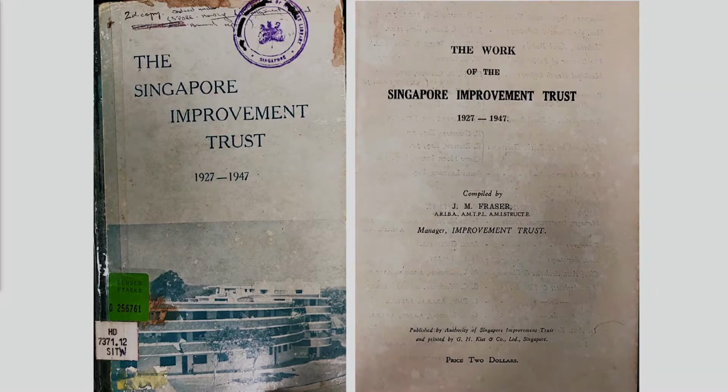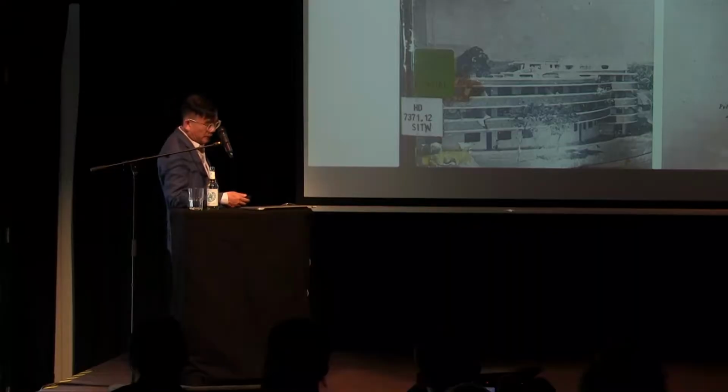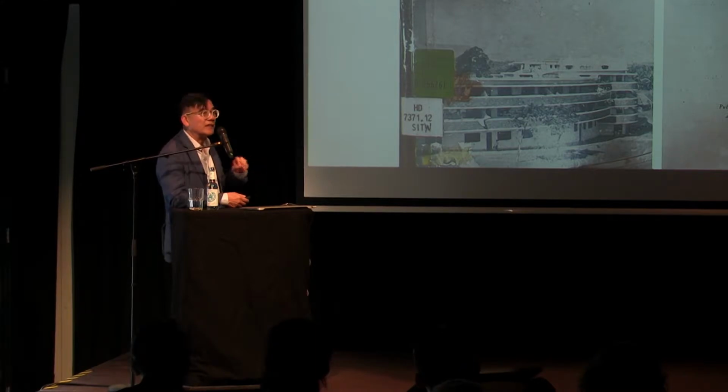And for 20 years, or maybe from 1927 to 1939 or 1941 before the war, it addressed issues in the urban center. And they even addressed the issue of back lanes. We know that in shop houses you have this very crowded urban fabric, but there wasn't a back lane between the two blocks. So buildings abut each other. So one of the tasks of SIT was to create the back lanes. And so in their reports, they talk about what back lanes they have created, what slums they have cleared.